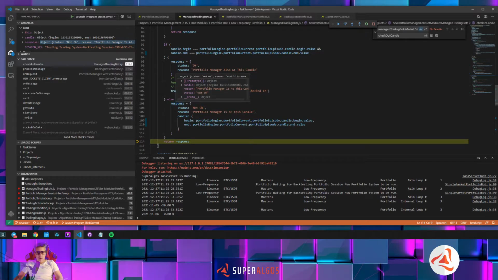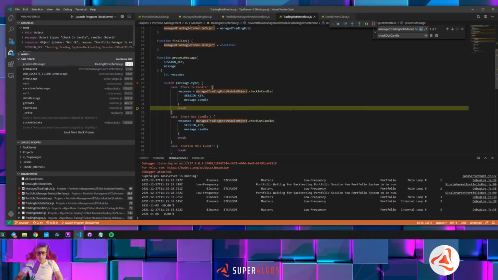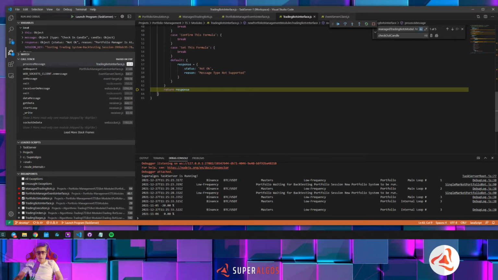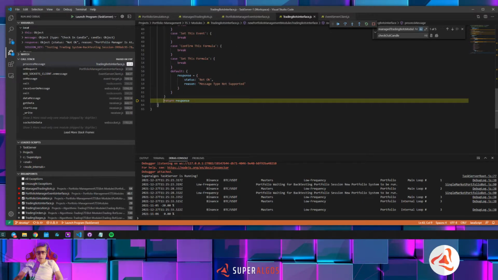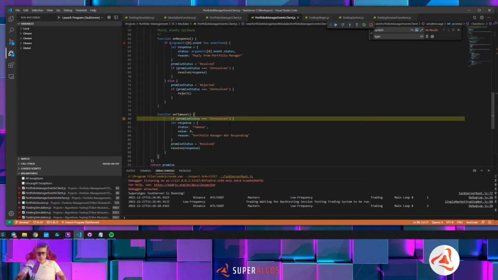Look, status is not okay. Performance is at this candle. So you are going back like this. Then we have the response here at the bot interface. And we will send it back like this. So this guy is going to send the response, but before that,